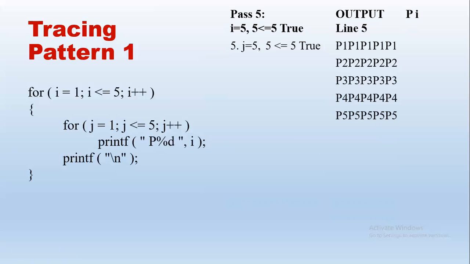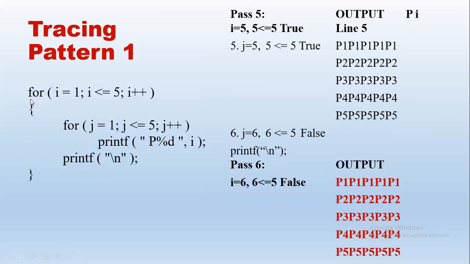Then when J is 5, print P5, that is I, I is 5. The fifth time in line 5. When J becomes 6, 6 less than or equal to 5, condition is false. So we will stop pass 5 and then we have a slash n. So after this, when I is incremented in pass 6, I becomes 6. So the condition now is 6 less than or equal to 5, which is false. So we observe that the required pattern is printed on the output screen. I hope this is clear. So now let us see